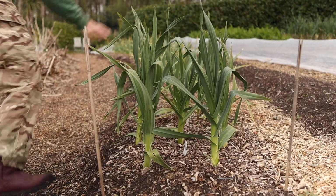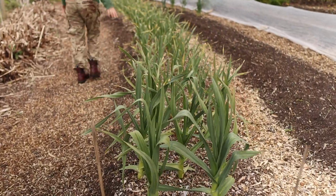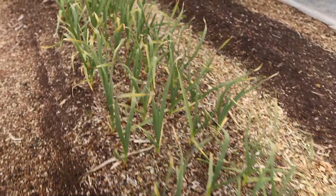It's amazing. So yeah, a couple of elephant garlics at the front there. And then all of this bed is our French garlic. Really happy with how it is looking. It is coming on beautifully. And then under this cover here,